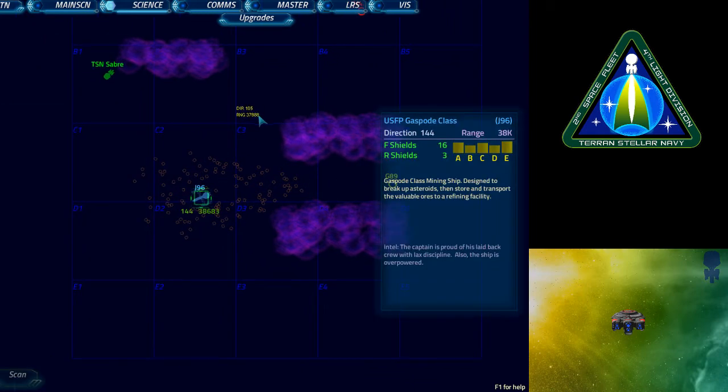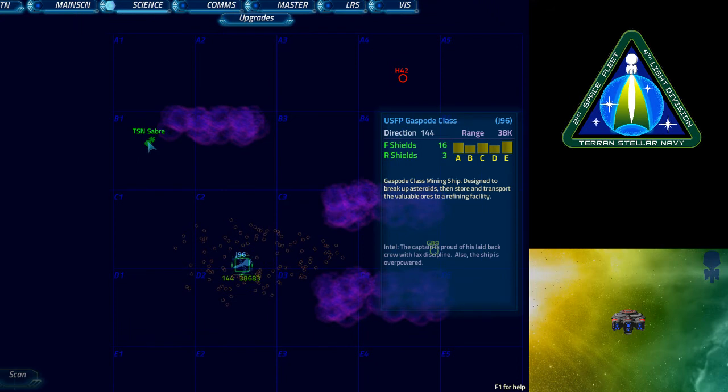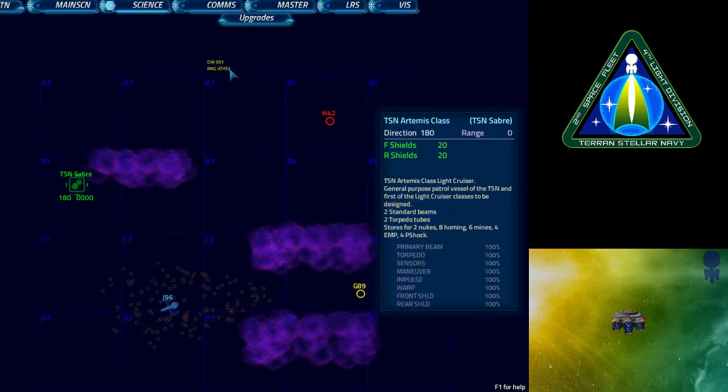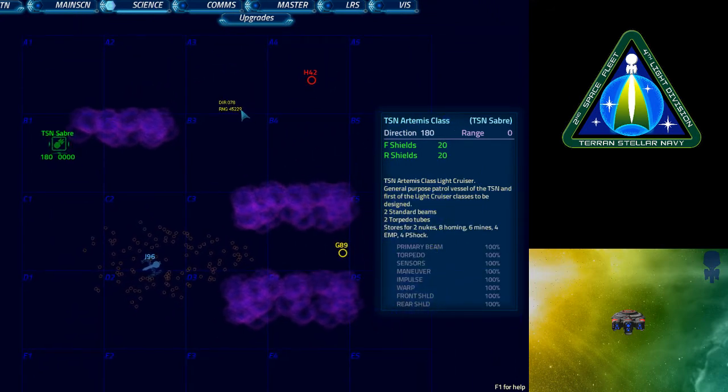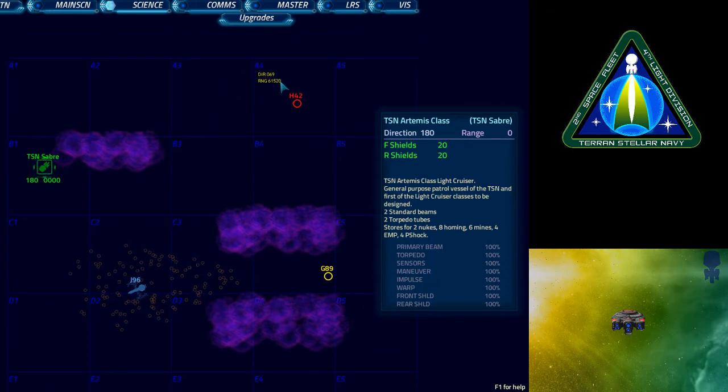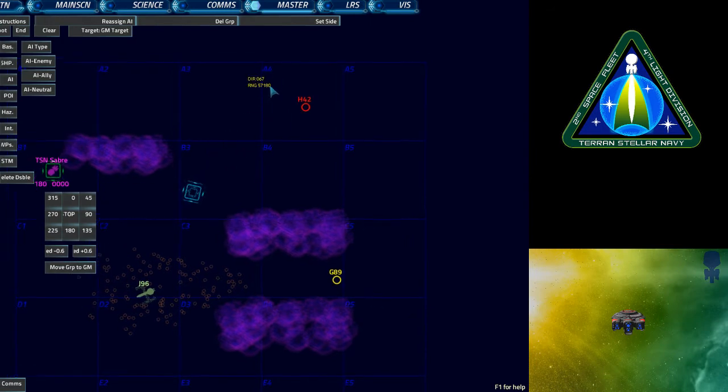I have a Gaspo class, which is a mining ship. I've spawned that inside this asteroid field and I've asked it to hold position there, so it's not going to move away. And then I have the player ship, the TSN Saber here. This hopefully should show you the kind of range of actions that I can ask an enemy fleet to do, and I could also ask an allied ship to do as well. So if we go back to the Game Master console here,